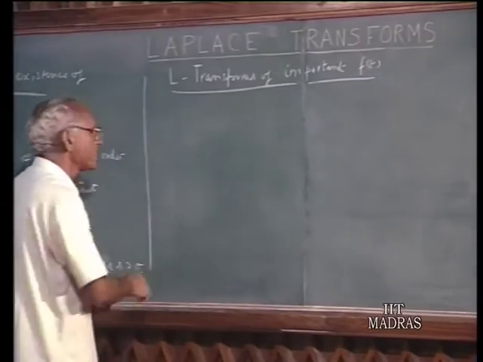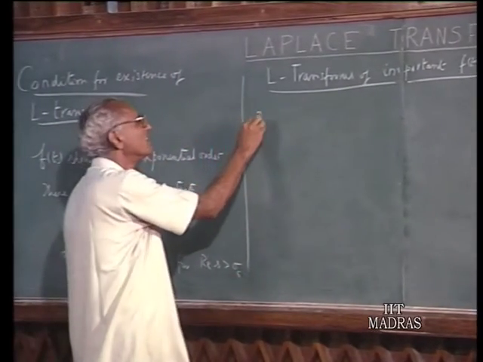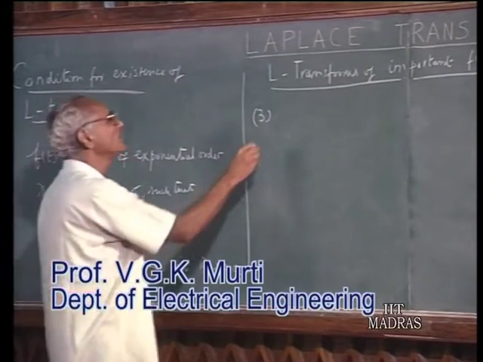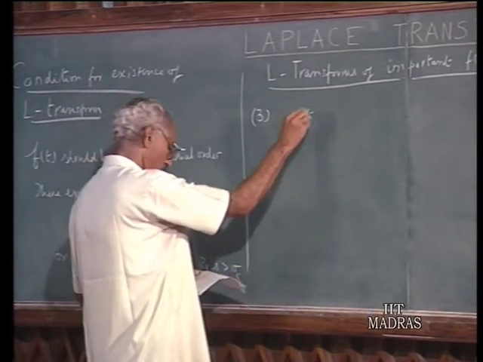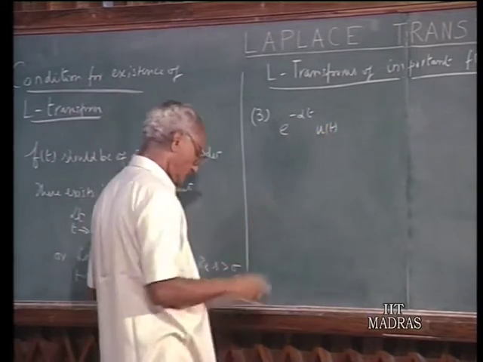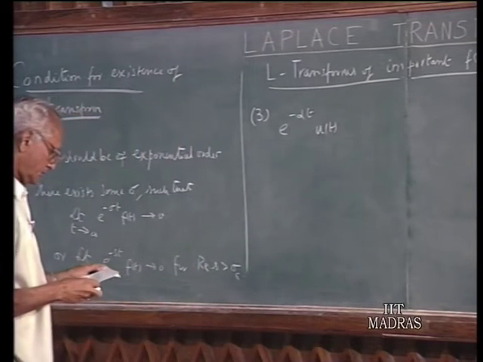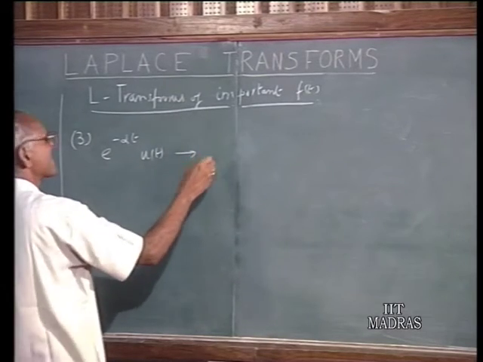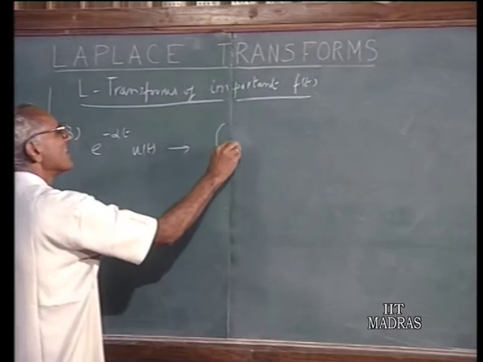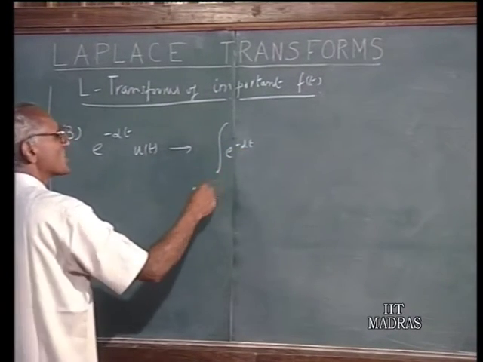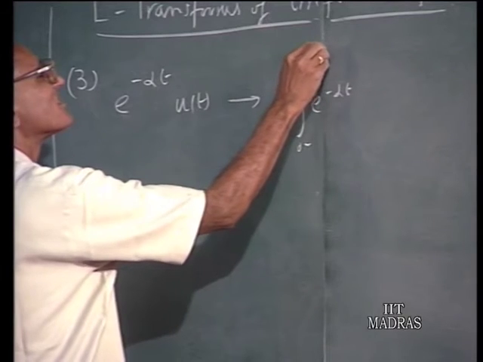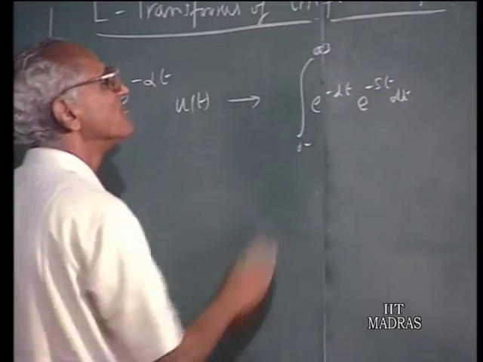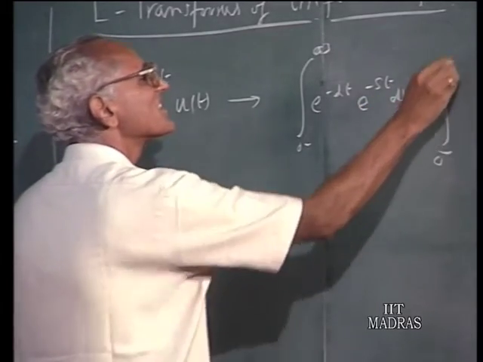Okay, now we will take a third function, e to the power of minus alpha t u(t). Then we take the Laplace transformation. Now, e to the power of minus alpha t u(t) of course is 1 in this range of integration, e to the power of minus s t dt,